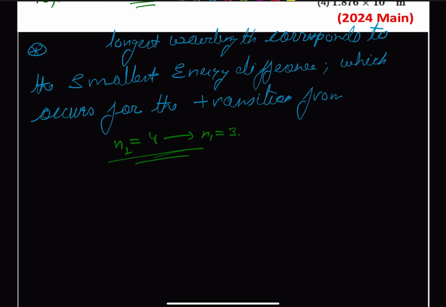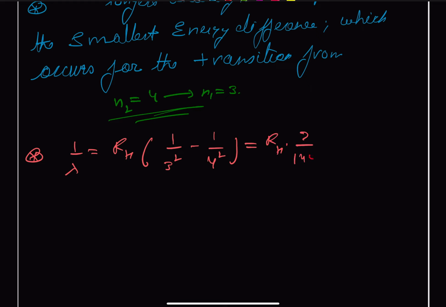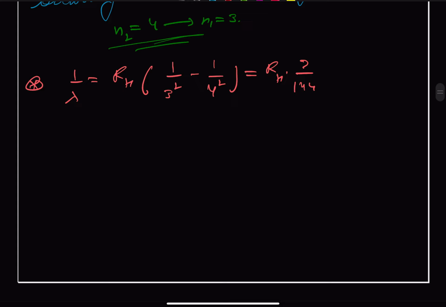Now we can easily use our Rydberg formula. Therefore we can say 1 upon lambda is equal to RH times (1 upon 3 square minus 1 upon 4 square), and this gives us 7 upon 144 times RH, and RH is given to us and we are supposed to find out the wavelength. Therefore we can say lambda is equal to, we have this as